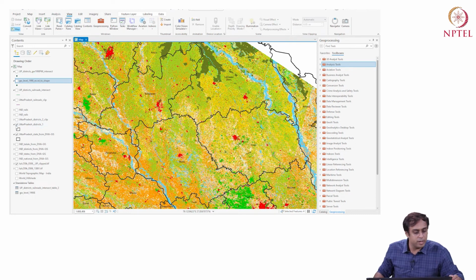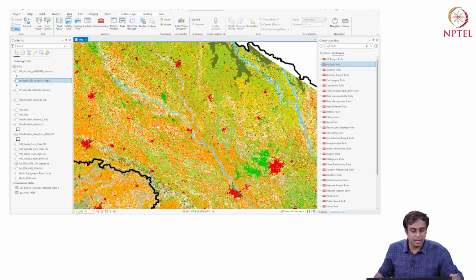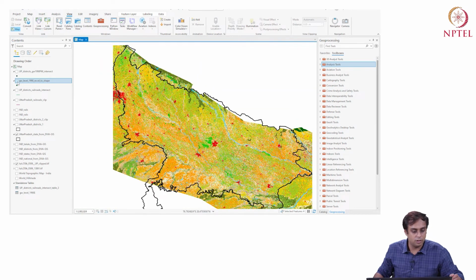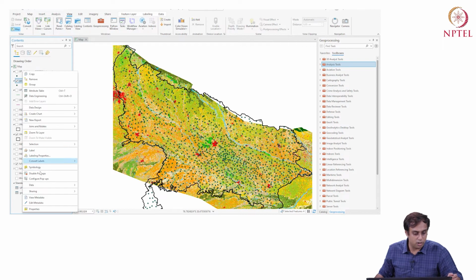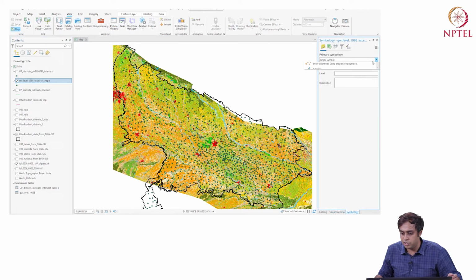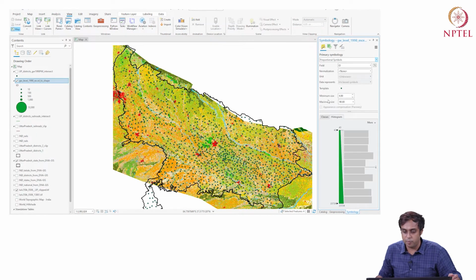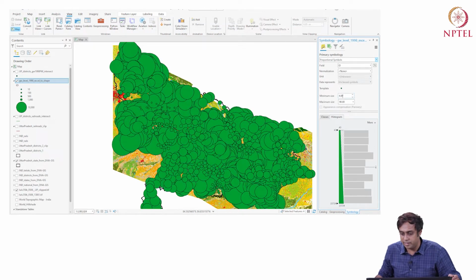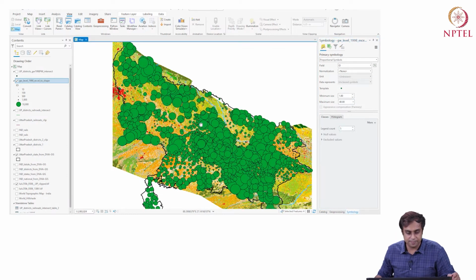What I could also do is, instead of districts, say I had an interest in the groundwater data and land use data. So I can go back to my symbology and work with something like proportional symbols. I did this earlier. I just want these from 1 to 40. Okay, 40. Yes, there we go. Fantastic. And I have 5 classes.